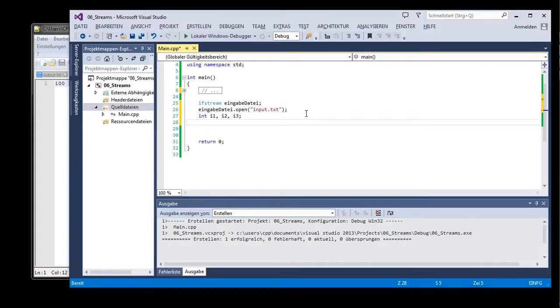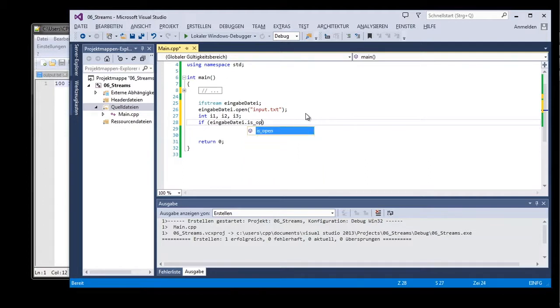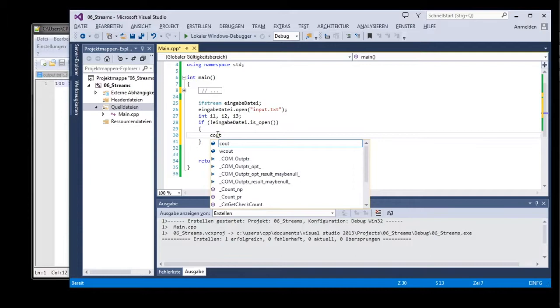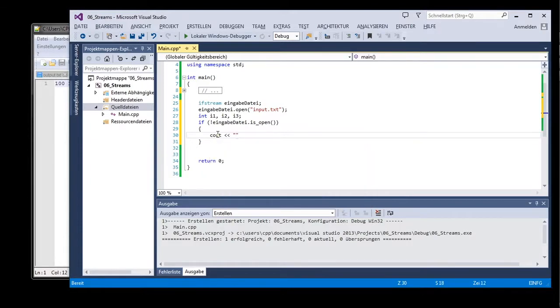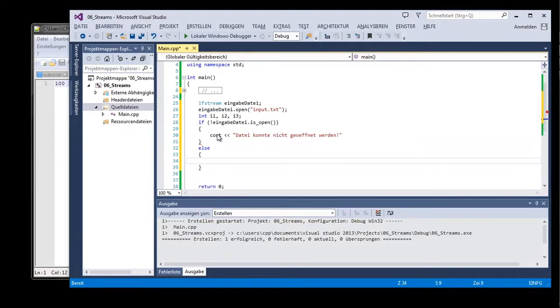And then again, we first have to check if the file could be opened. And this command is also possible with is_open. And again, we negate this condition. So exclamation mark here, and then we again have the output file could not be opened, just like before. And then the other case is if the file could be opened,